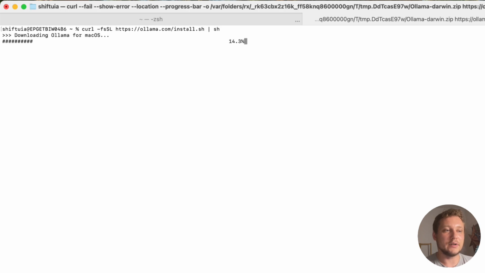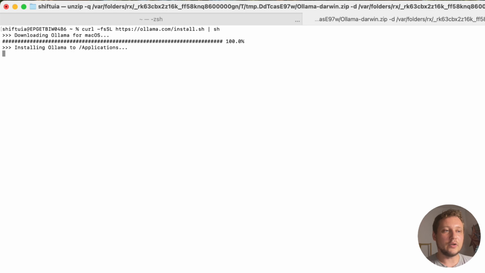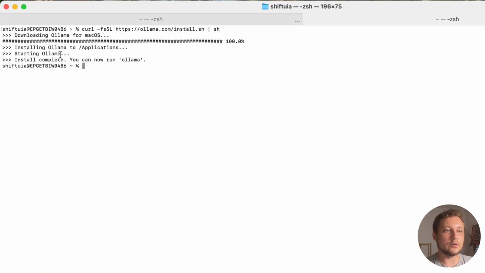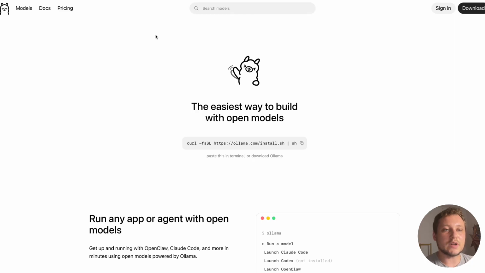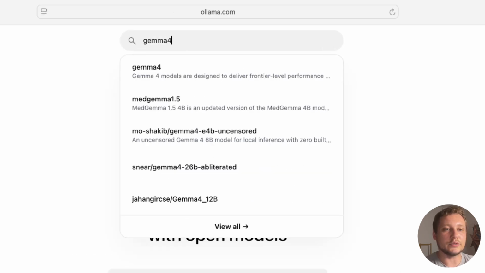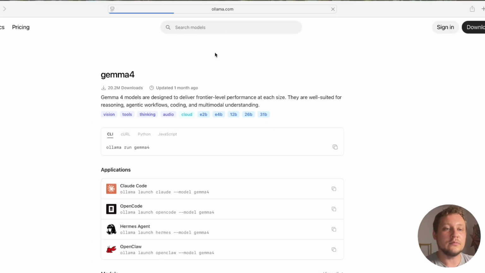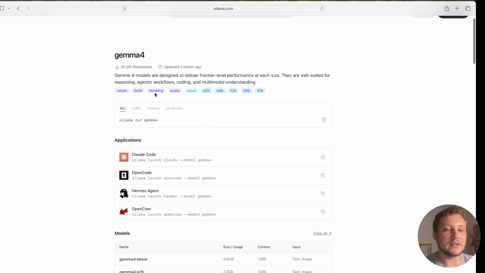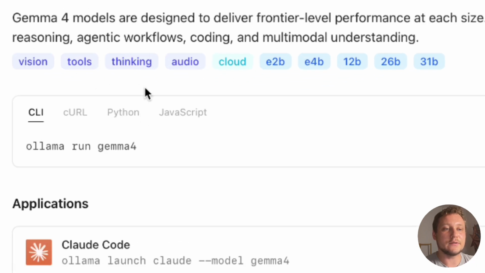It will start downloading Ollama, and after that it will start installation. First, let's run a model completely offline on our machine. After successful Ollama installation, you need to visit the Ollama website again and search for a model which you want to run locally. For instance, I suggest you use Gemma 4, and you can see this model supports tools, thinking,